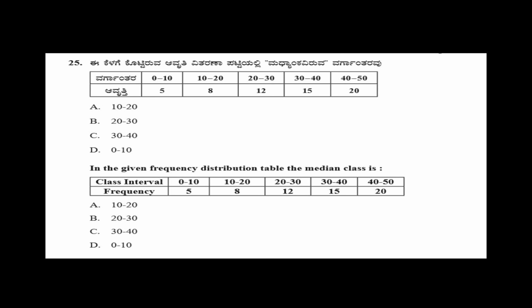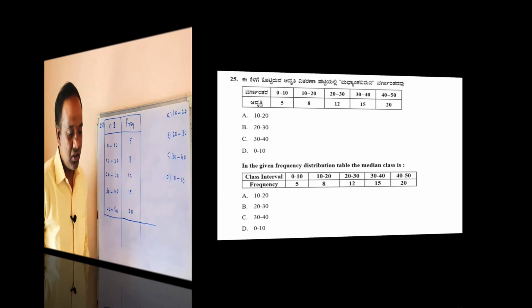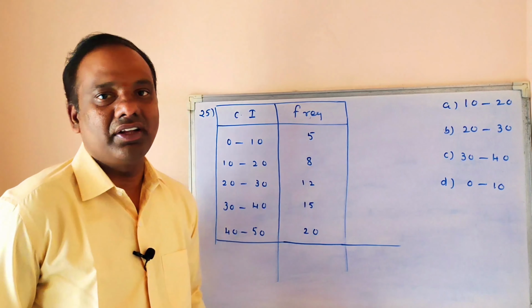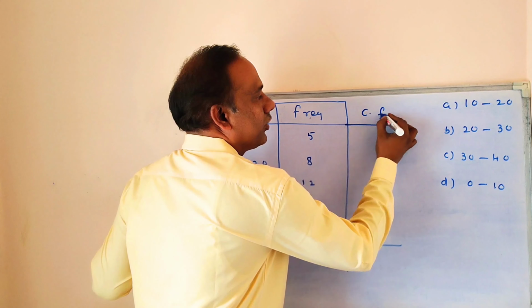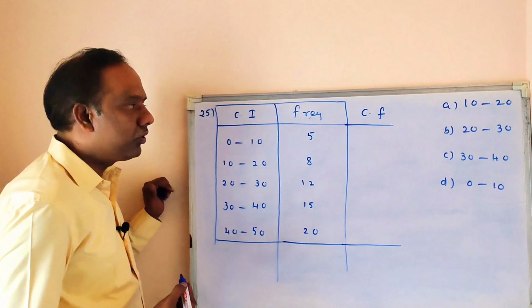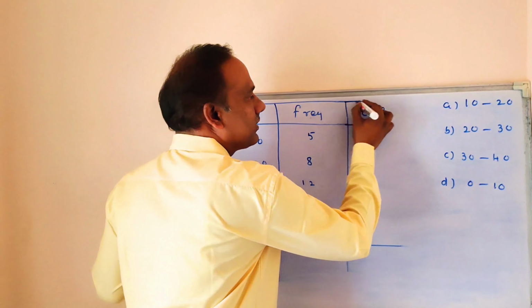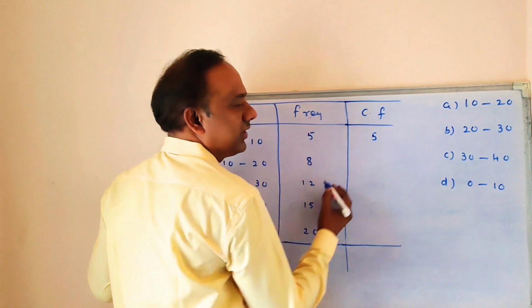Question number 25. In the given frequency distribution table, the median class is. Here they gave class interval and frequency also. The options are option A 10 to 20, option B 20 to 30, option C 30 to 40 and option D 0 to 10. They asked the median class. So here, calculate cumulative frequency. How to calculate cumulative frequency: first you write 5 as it is and